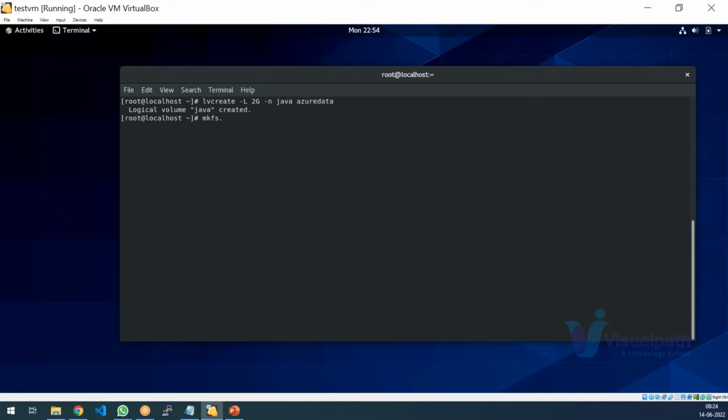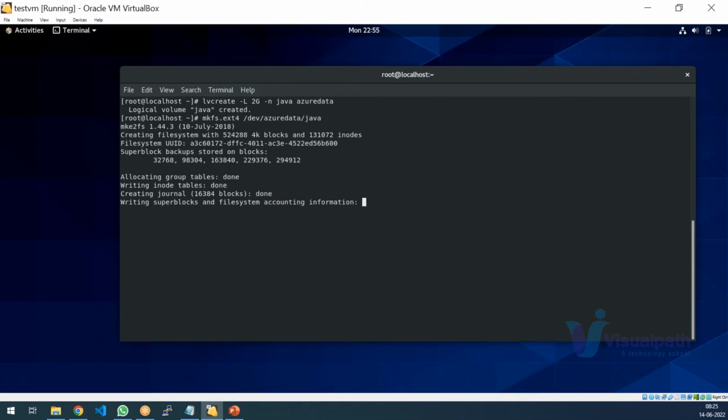So let us format it. The command will be same, ext4. There we gave /dev/sdb1 sdc1. Here we are going to do /dev/volume group name, that is Azure Data, /LV name. LV name is Java. Okay. Now this will format our logical volume. Once it has formatted our logical volume, we can mount our logical volume